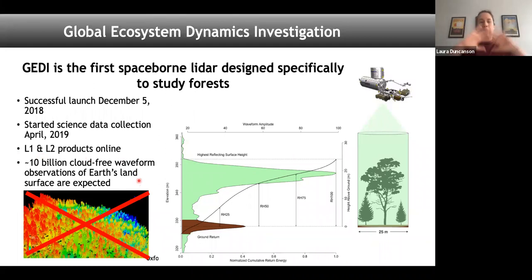So this is orders of magnitude more data than we had with ICESat's GLAS, for example. And these data sets are actually designed for forest structure, whereas for those of you familiar with ICESat GLAS, which was similar, each laser illuminated a 65-meter diameter circle. We're going higher resolution with GEDI so that we can get better forest information without conflating the forest signal with the ground signal as much. So that's what we're expecting to get, billions of waveform observations, and we have to take these waveforms and make sense of them.